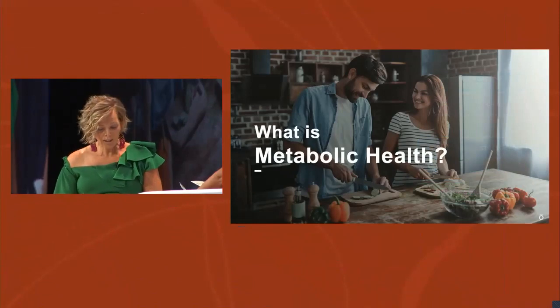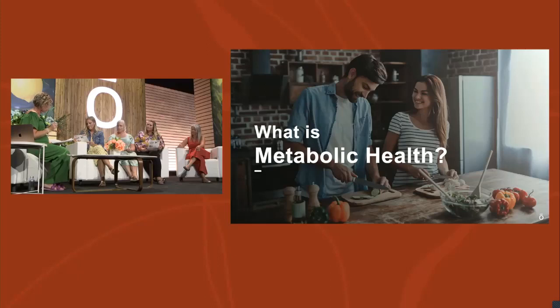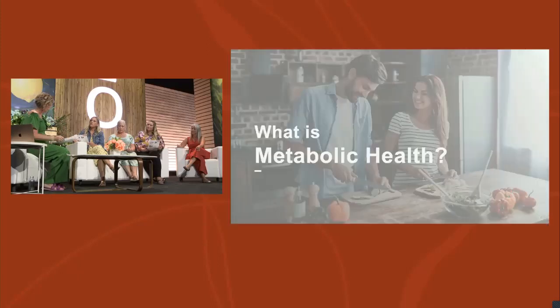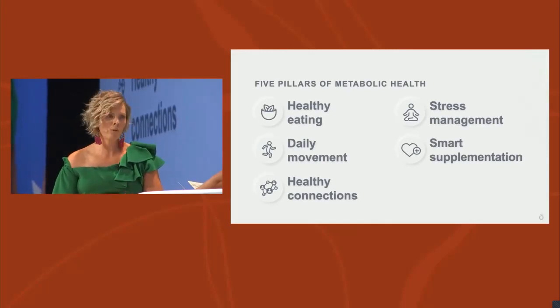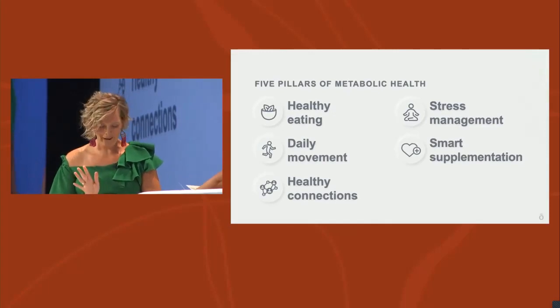All right, so good metabolic health means your body can digest and absorb nutrients from food with healthy, stable levels of blood sugar, fat, and insulin. And with the insulin piece, it's important to avoid those big spikes because it can actually speed up aging. The good news is your metabolism can be optimized at any stage of life by focusing on these 5 pillars. So no need to give up hope if you feel like you're already past that, okay?